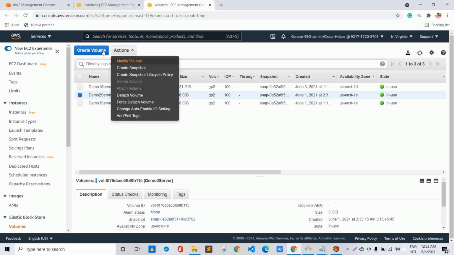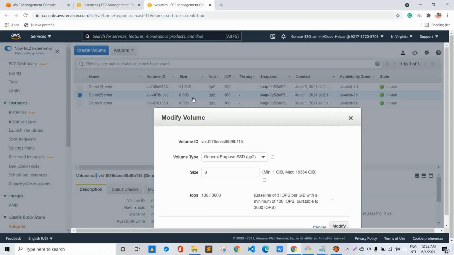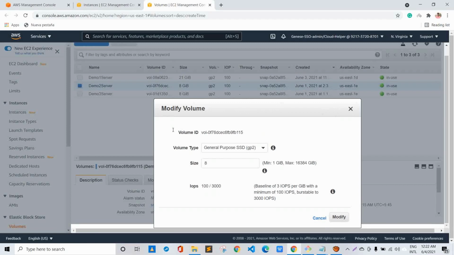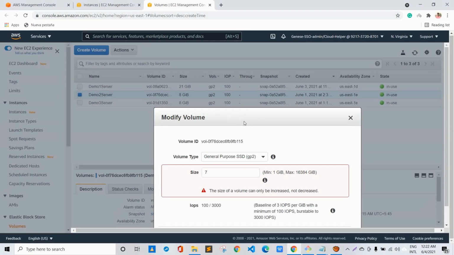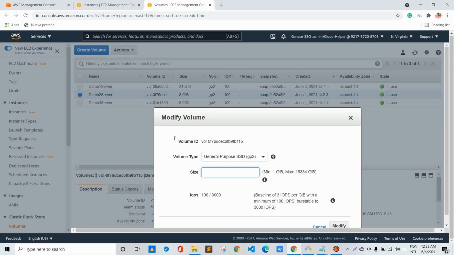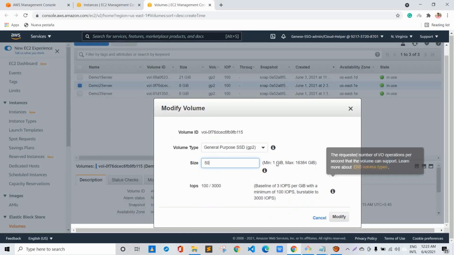So we'll go to Actions, we'll go to the Modify volume option, and we'll just have to give the size over here. We cannot reduce the size from 8 to 7, we have to give an increased size. So let's give 50 GB for a moment, and once we are ready we'll click on modify,